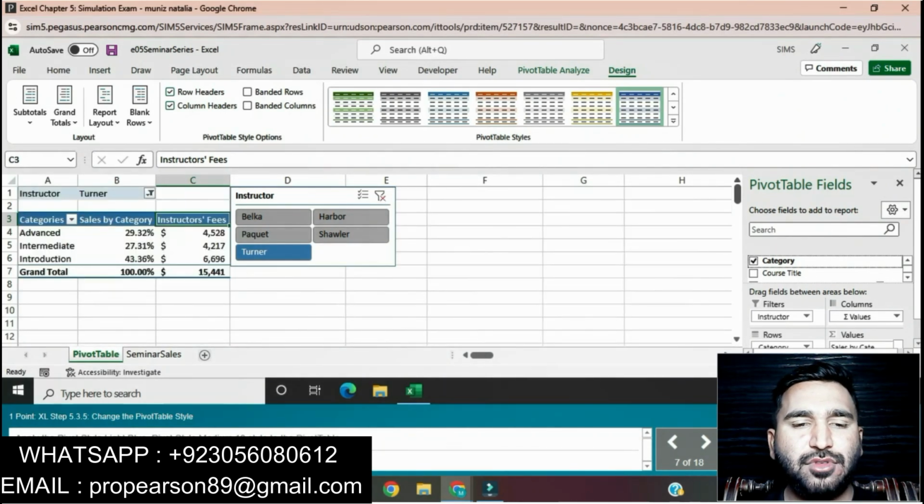Apply banded rows to the pivot table. Okay, click on design and you will click on banded rows. You can see pivot style options, banded rows and banded columns.